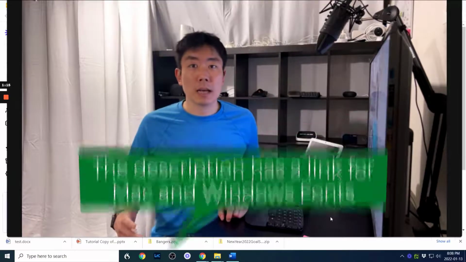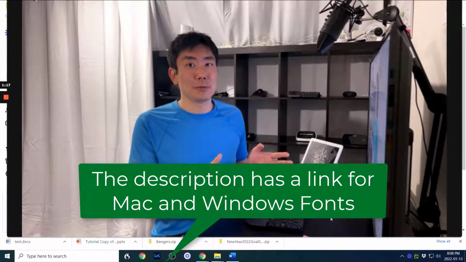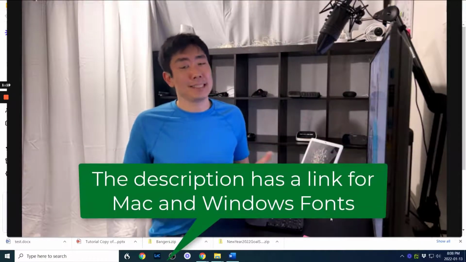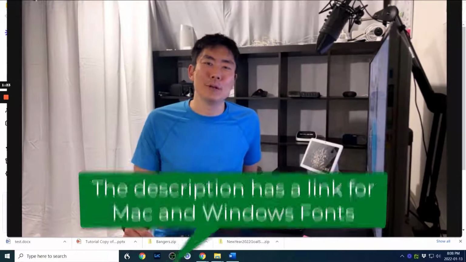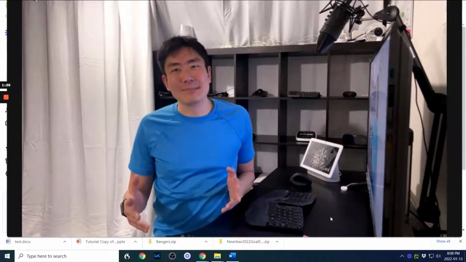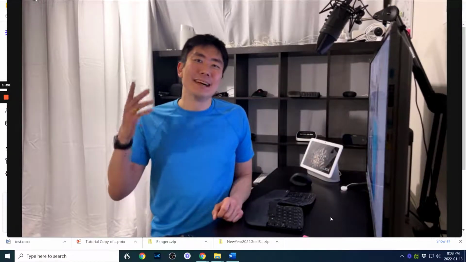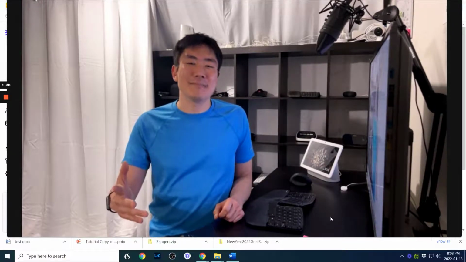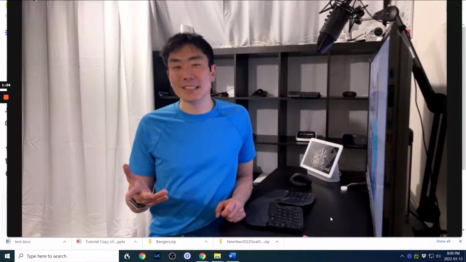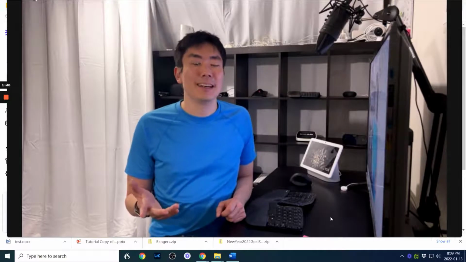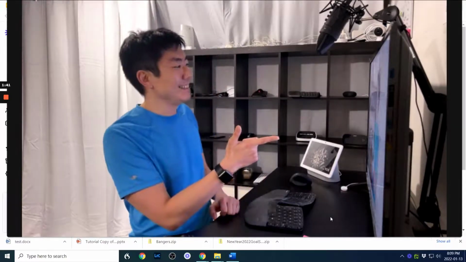If you use Mac, I'm sure there's a Mac list of fonts as well. I am Windows biased because that's what I use. But I'll add a link to that in the description below. Bottom line, I'm gonna ramble. Fonts are cool, but downloading them is a pain sometimes. And if you're making TPT resources, maybe just use the standard fonts that are on your computer. That's it, rambling again. Let's check this out. Here we go.